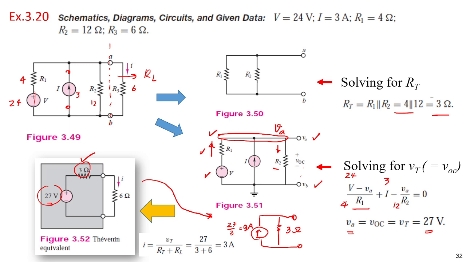Sometimes we call this the short circuit current. It means if we short this terminal, how much current flows? If we short the Norton circuit, here it's 27 divided by 3. This is the short circuit current, 9 amp. Similarly, if you connect 6 ohm here, you will get the same solution. So whichever equivalent circuit you use, Norton circuit